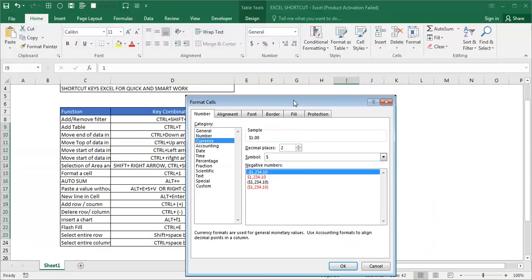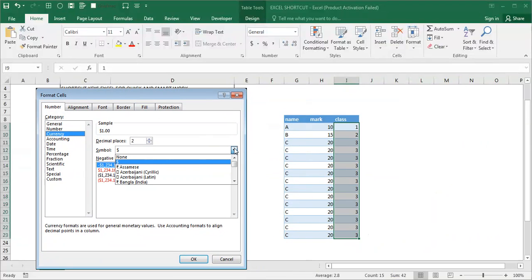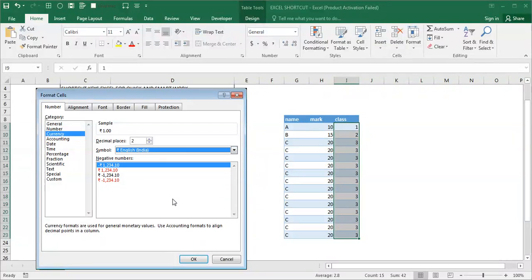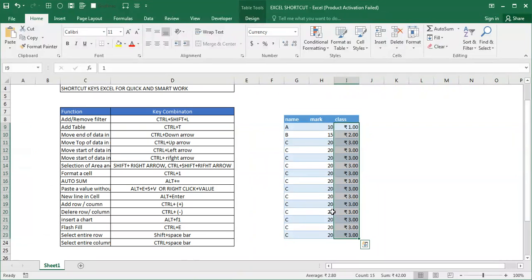I have the dollar value here, dollar is available, Indian currency is there. So the currency symbol is added.